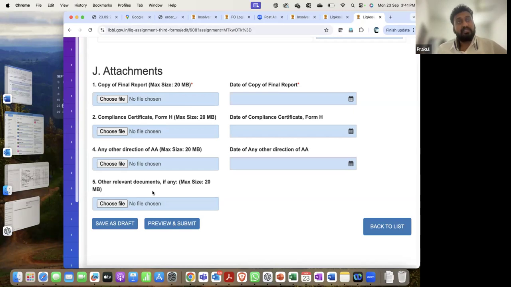See, liquidation is a very dynamic process. So there might be certain exceptions which you had to make. There might be certain things where you deviated from the process in order to achieve this, because liquidation gives a lot of discretion to the liquidator. So whenever we do that, there's nothing wrong. Obviously, we are in compliance with the regulations, but may not be in compliance with this form, we may still fill it and try to give an explanation as to what happened and what was the reason behind it. So therefore, this column is given in all the forms to give any relevant information or documents to the IBBI. So this is it with respect to